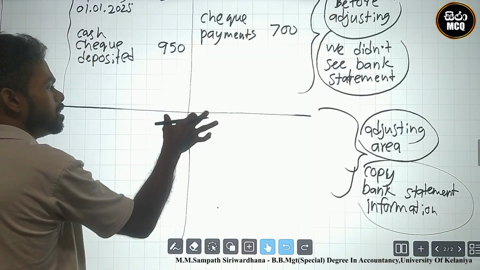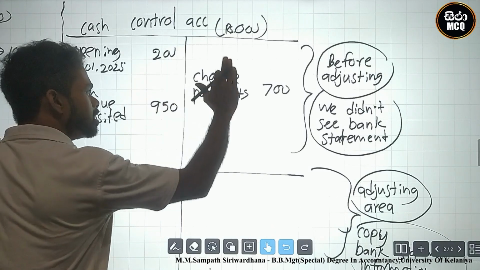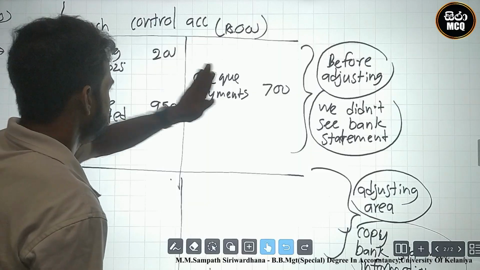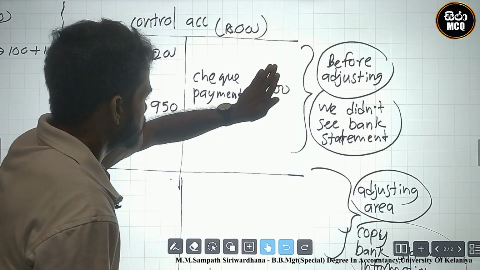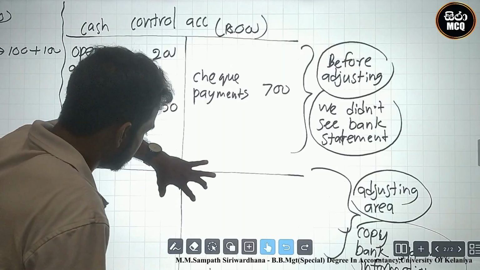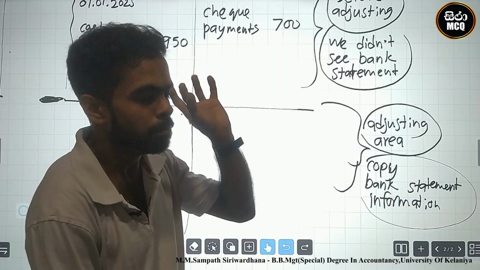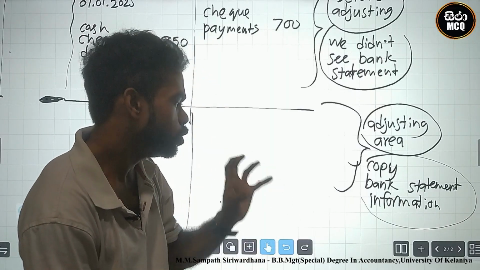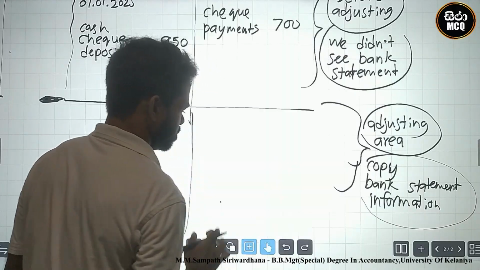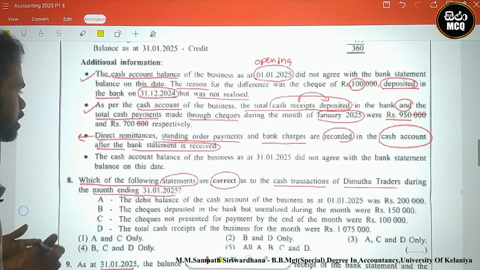Before the adjusting means you cannot see the bank statement. This is the non-adjusting area. There is no bank statement. Non-adjusting area is no bank statement information, but adjusting area, bank statement information should be included. Okay, let's see. This is their guideline. You can clearly identify